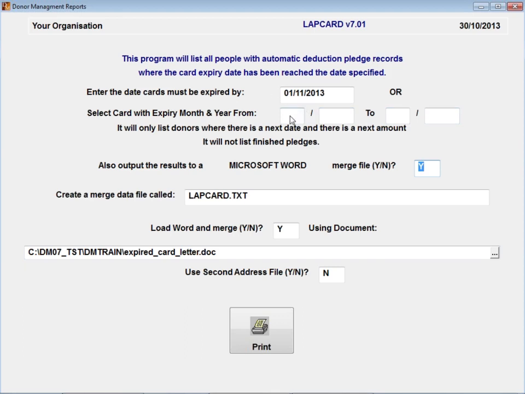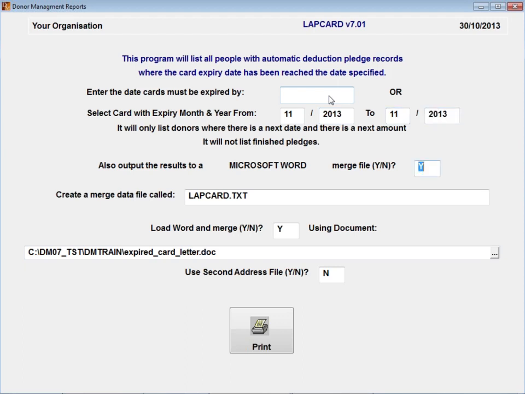So if I said, look, I want anyone who's due between this month and that month. So if I was doing for the next month coming up, all the cards that are due, and go backwards. I wouldn't put a date there, no, so I'm looking for everyone who's due between the 11/13 and 11/13.